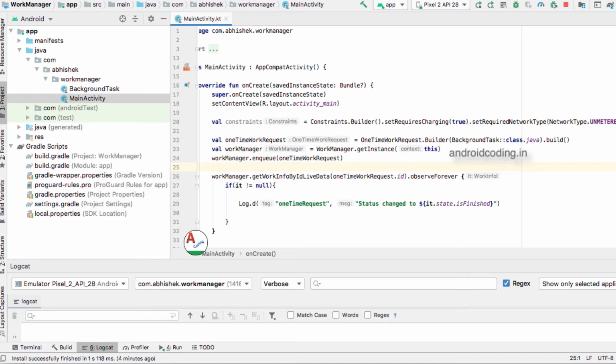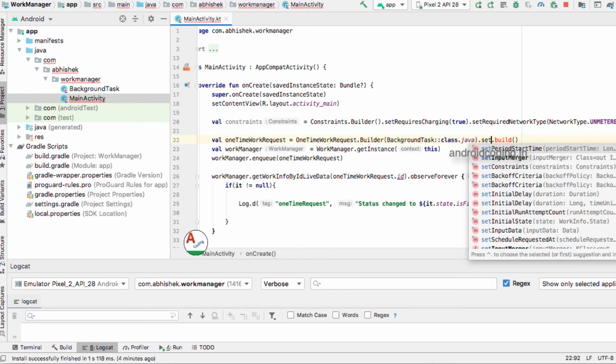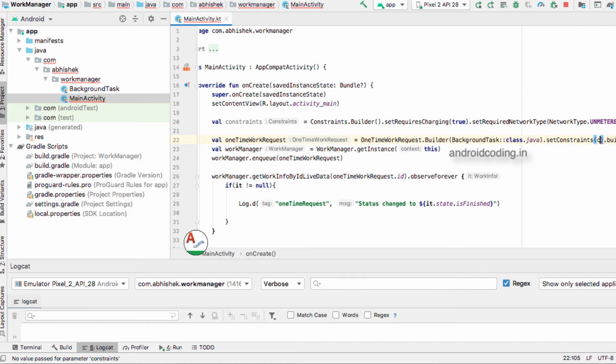It is completely optional. If you want, you may add the constraints here, and if you don't require constraints, you can skip them. For this example, I want to skip the constraints. So here we are initializing a one-time request.